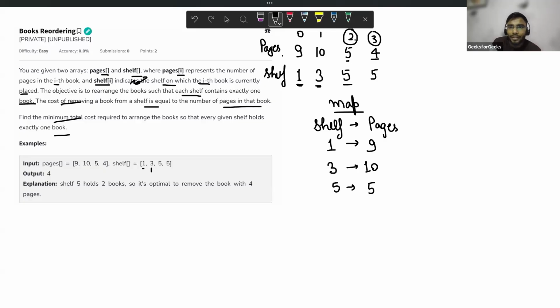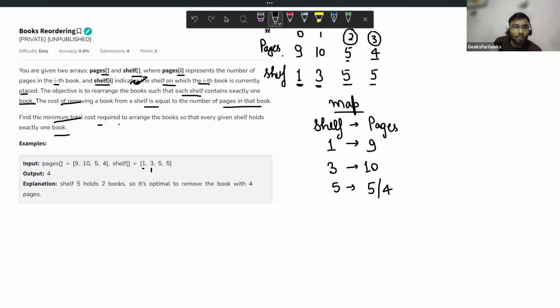No issue. After that, moving to index number 3, I see that shelf 5 already has a book with 5 pages. And here I have a second book with 4 pages.